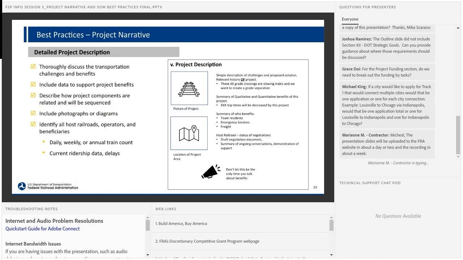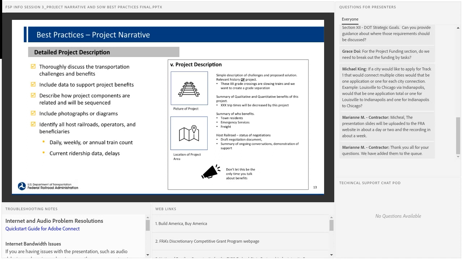Okay, so the next element is in your detailed project description section. Really hone in on your project. Once again, no need to include interesting but ultimately extraneous information. Quantify whenever possible so that numbers support your qualitative statements, and highlight benefits and cost figures, even if they're already included in the benefit cost analysis portion of the application.